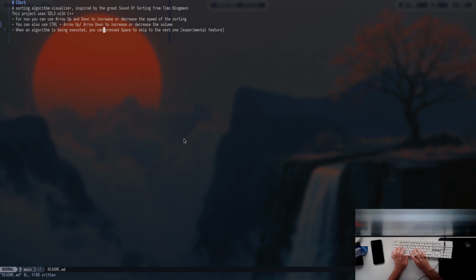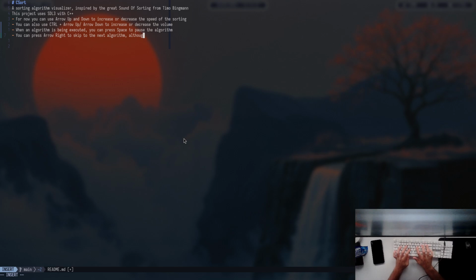You can press space to pause the algorithm. You can press arrow right to skip to the next algorithm,